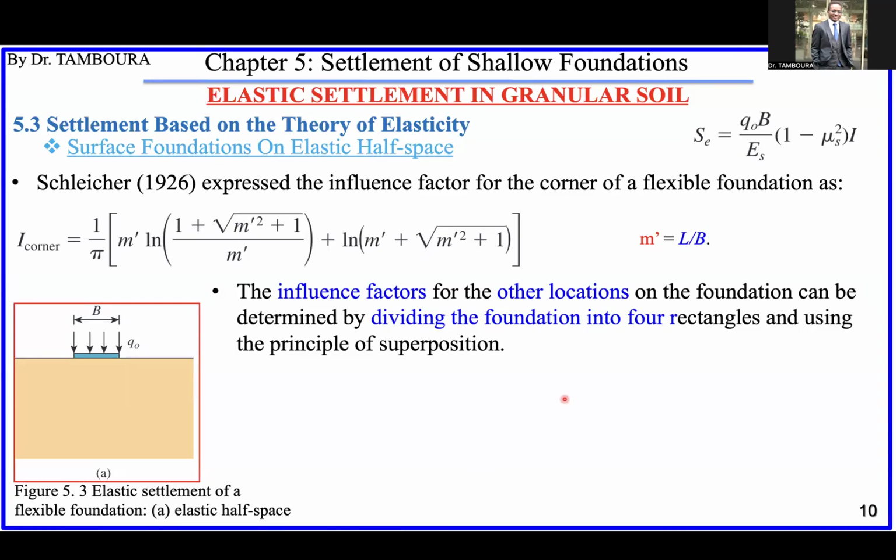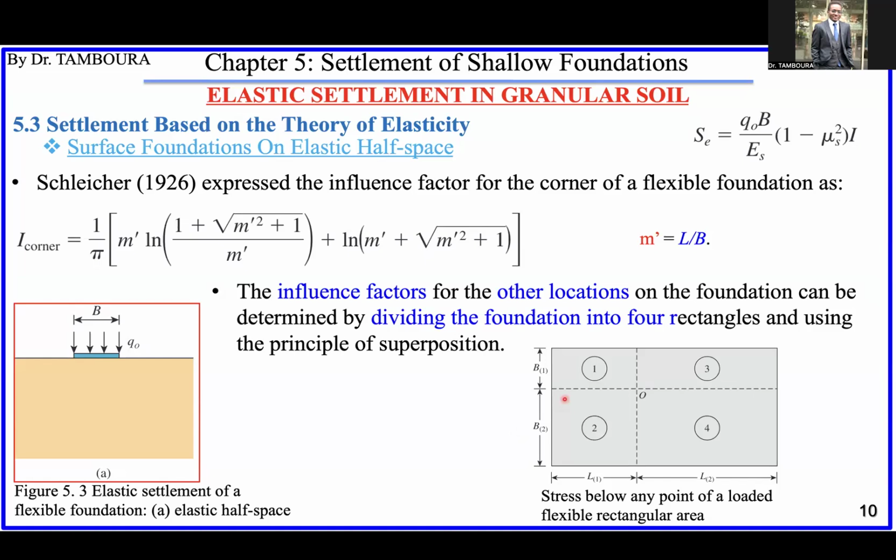Okay, so what does it mean exactly? Here is an example. For example, if you have this rectangle, okay, like this, and you want the settlement at this point, so what you have to do is